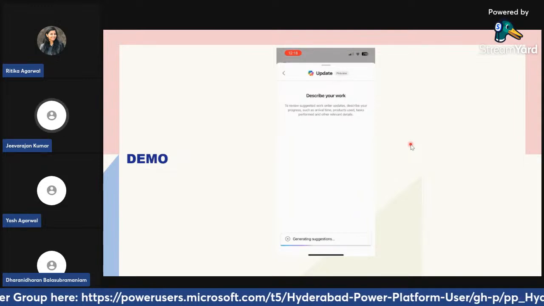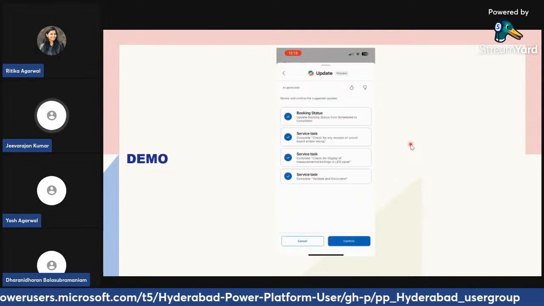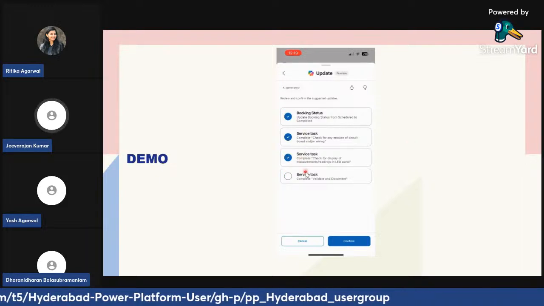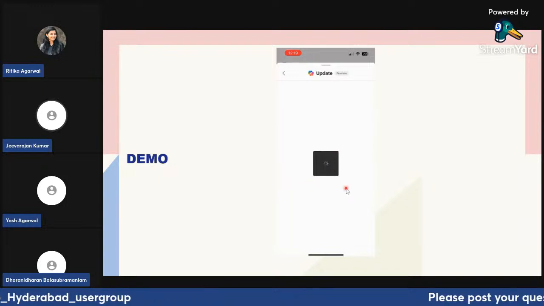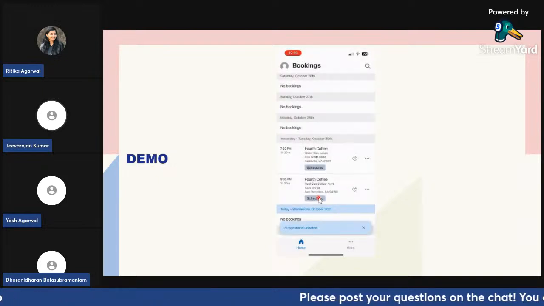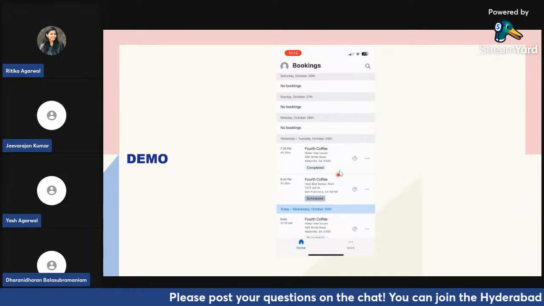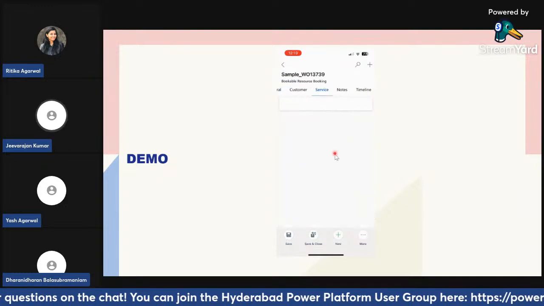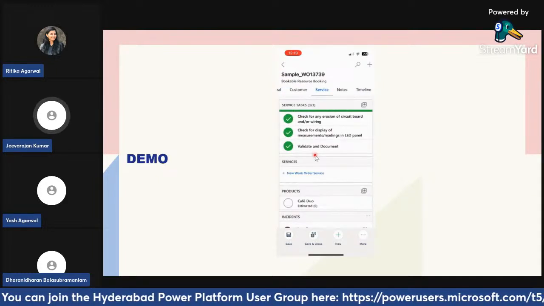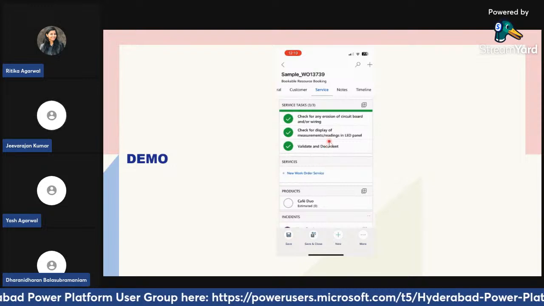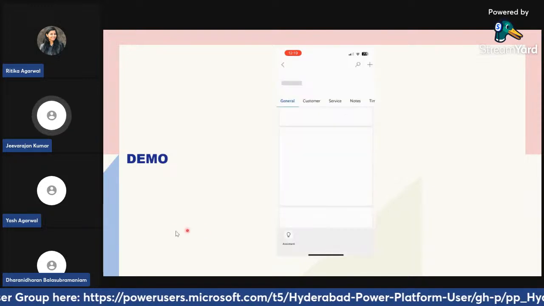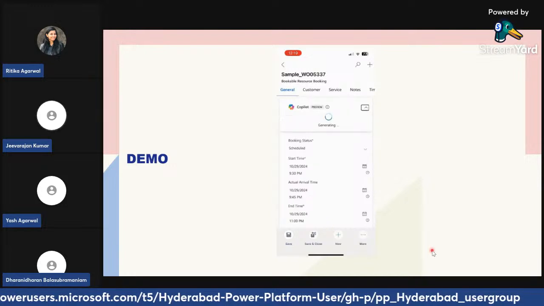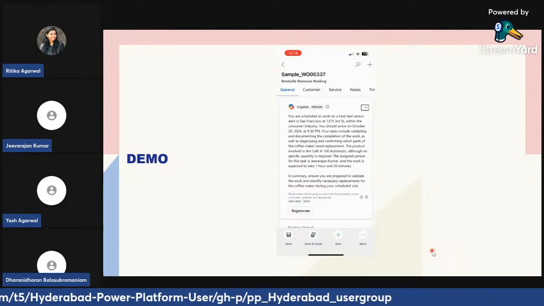What it's going to do is bring all the work order service tasks and the booking items that I want to complete. You see, I have 4 of them. I just unchecked one, or I can have all of them completed as well. Then I choose it, and you can see the status is changed to completed now. If you go to the tasks, you can see all of them have been completed already. Instead of me going and doing the tasks one by one, I just asked Copilot to do it for me, and it did the trick. So that's how it is. And this is a generate summary.